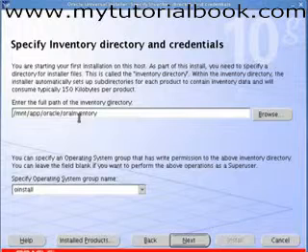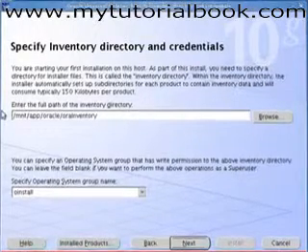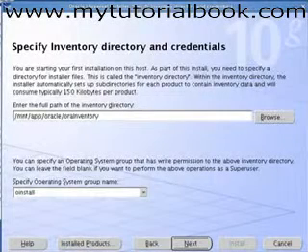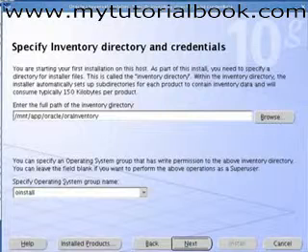So we could create a subdirectory called oraInventory under the Oracle base directory. Or we could change by browsing and we could give any specific directory in our operating system. But as I said earlier, it is better to follow the recommended path suggested by Oracle.